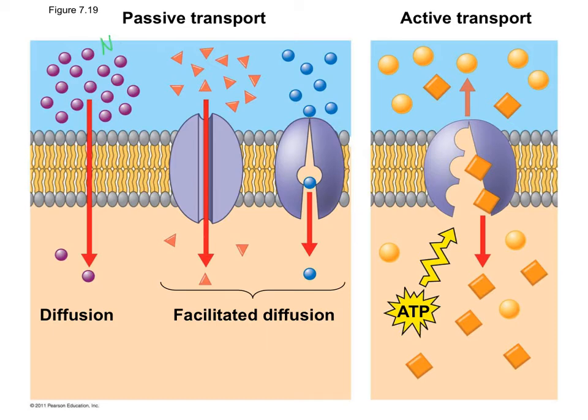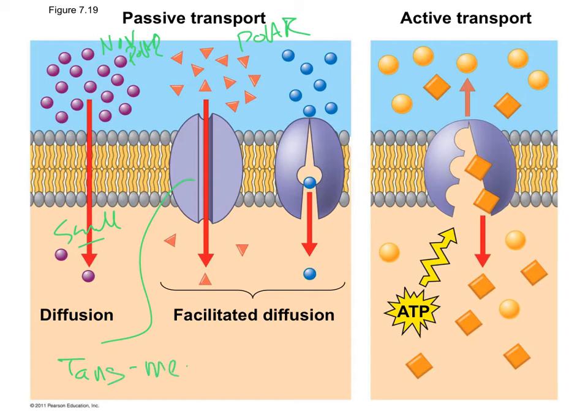So here we go. This one is a nonpolar, right? Here's a nonpolar small molecule. These would be polar molecules. And the way that you get them across is you use a